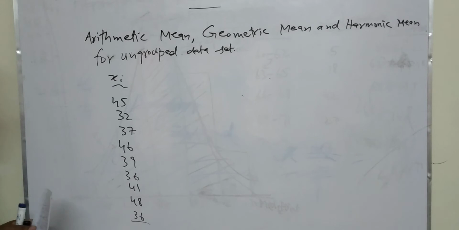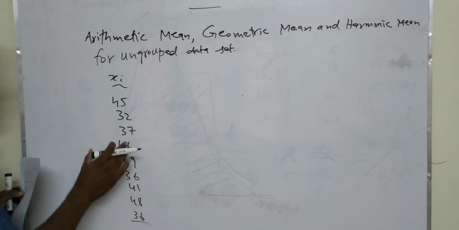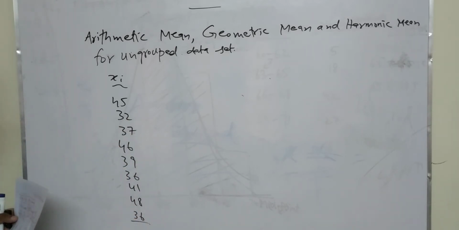In grouped data we have a lot of students or objects or observations, and we arrange that data in a group form. As I told you about frequency distribution in the last lecture, you have learned how to make a frequency distribution. Frequency distribution is the type of grouped data. So these are the 9 observations, and this is the type of ungrouped data.